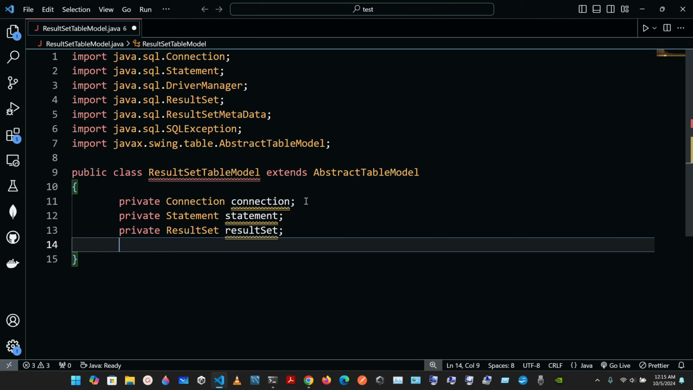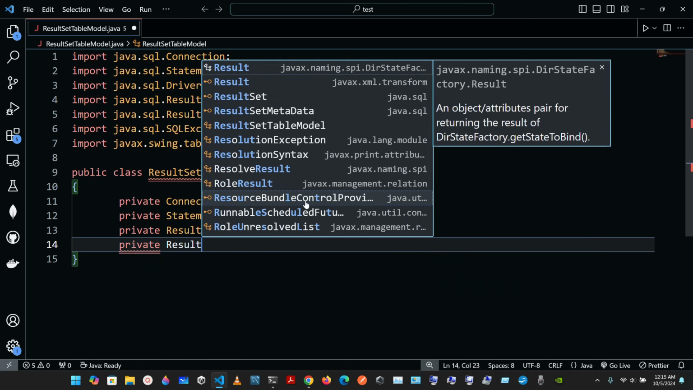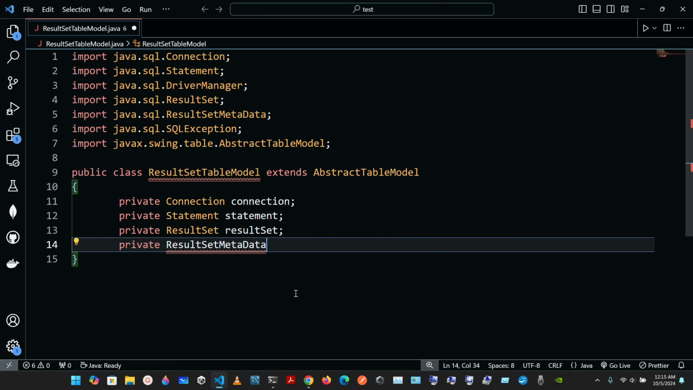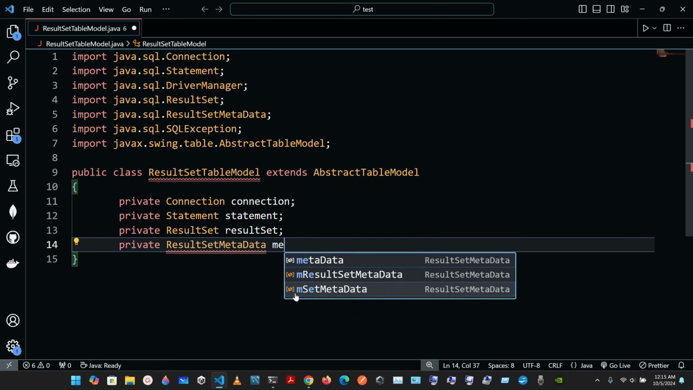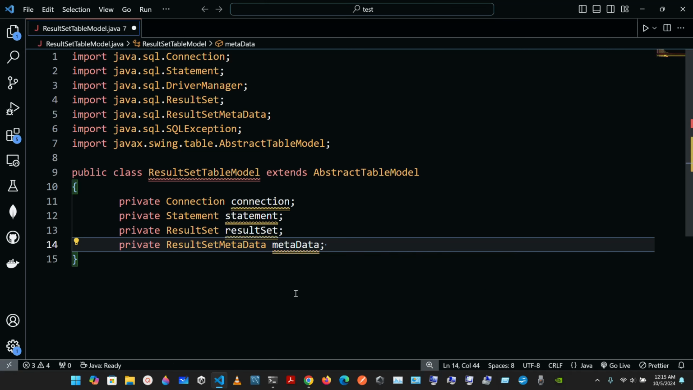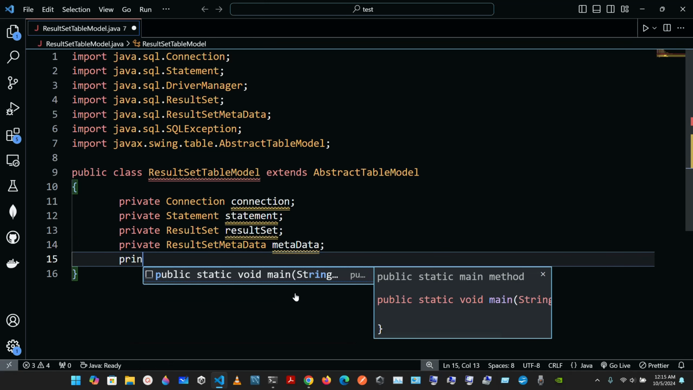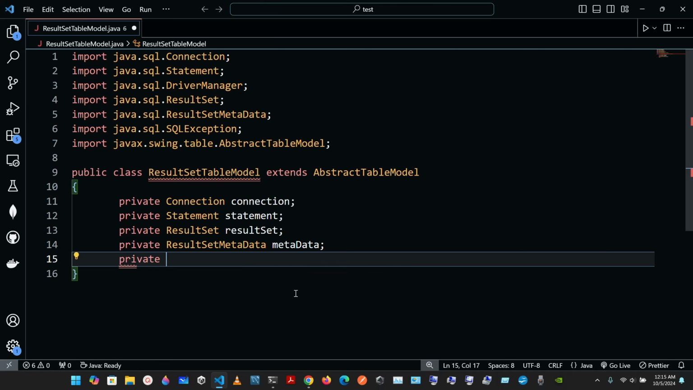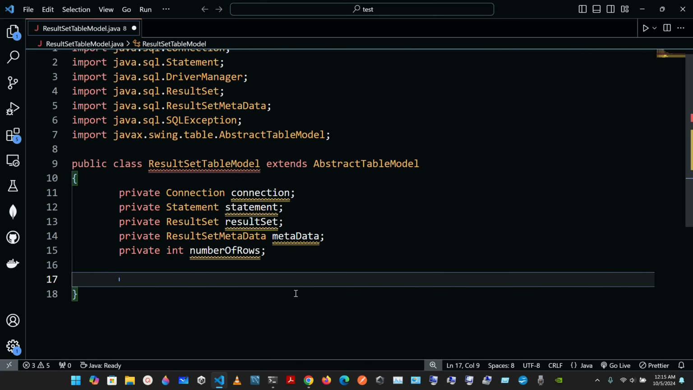Now we're gonna have ResultSetMetaData. Okay, so we're gonna have private ResultSetMetaData, and then we're gonna have metaData, and finally we're gonna have private int numberOfRows. Okay, so